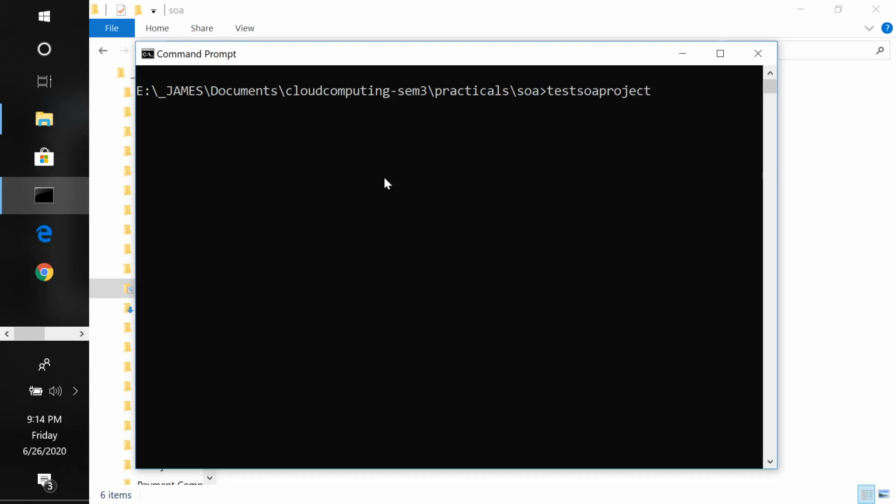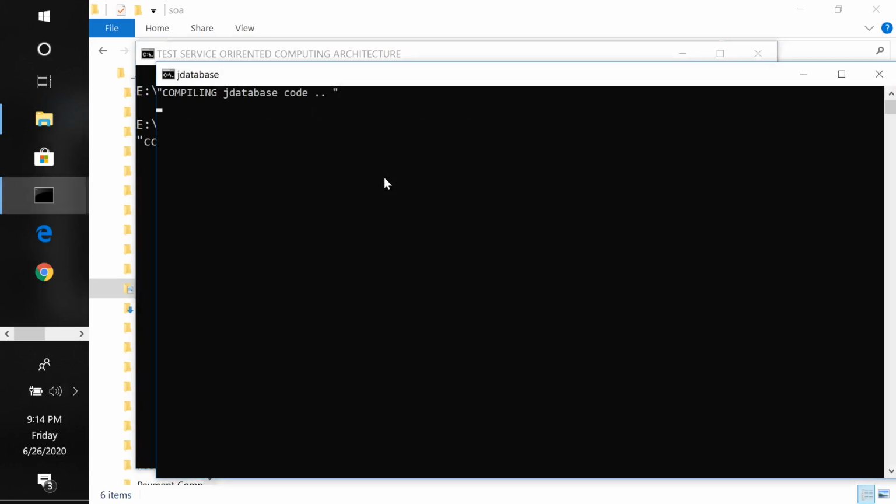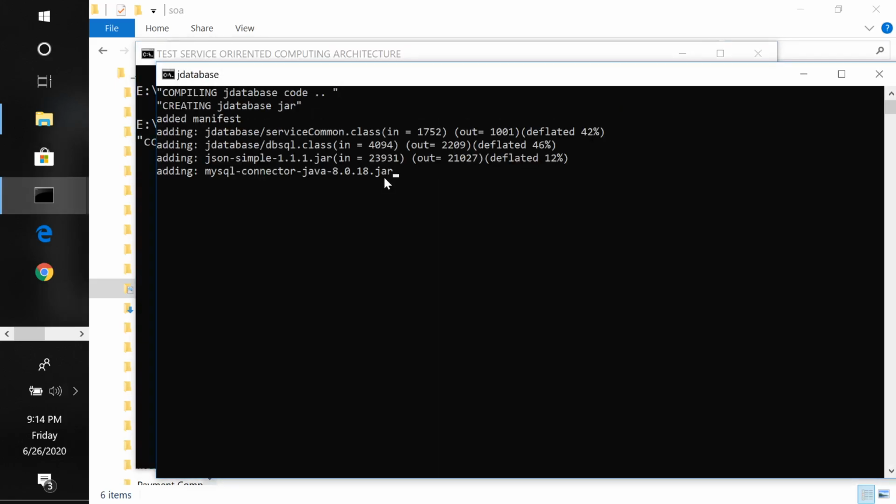If object B is dependent on object A, then object A has to be compiled and registered in the Maven repository before object B is compiled. So let us see, hopefully it will work now.